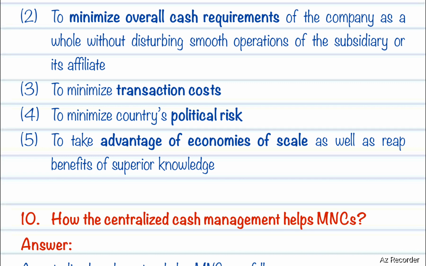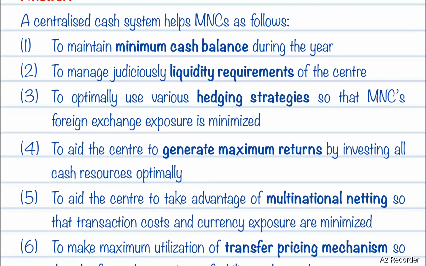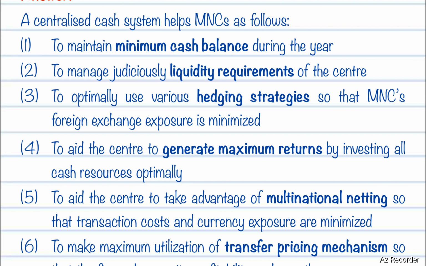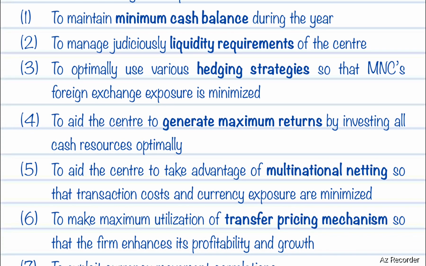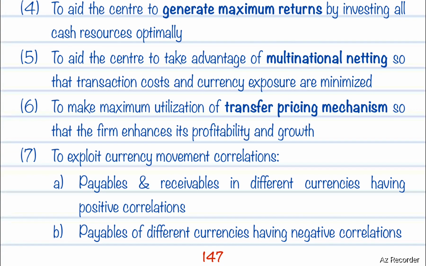benefits of superior knowledge. How does centralized cash management help MNCs? A centralized cash system helps MNCs as follows: to maintain minimum cash balance during the year, to manage judiciously liquidity requirements of the center, to optimally use various hedging strategies so that MNC's foreign exchange exposure is minimized, to aid the center to generate maximum returns by investing all cash resources optimally, to aid the center to take advantage of multinational netting so that the transaction cost and currency exposures are minimized,